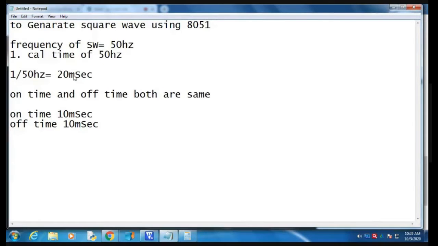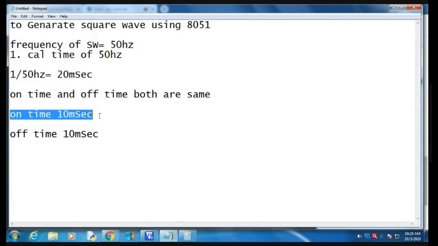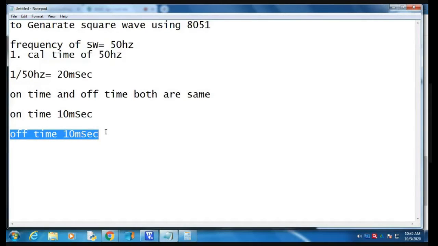Have you understood this part? For the square wave, we are defining the on time period as 10 millisecond and the off time period is also 10 millisecond. So we are calculating only one time delay, and for the off time we only put the loop of that particular time delay.